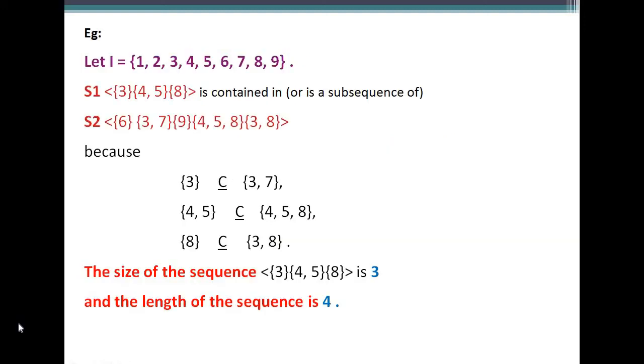That will give you a clearer idea. Let I be an item set where we have around 1 to 9 items. In this, S1 is a set of elements, a sequence. S1 is a sequence, and we have the values 3, 4, 5, 8. Now, 3 is one element, 4, 5 is the second element of S1, and 8 is the third element of